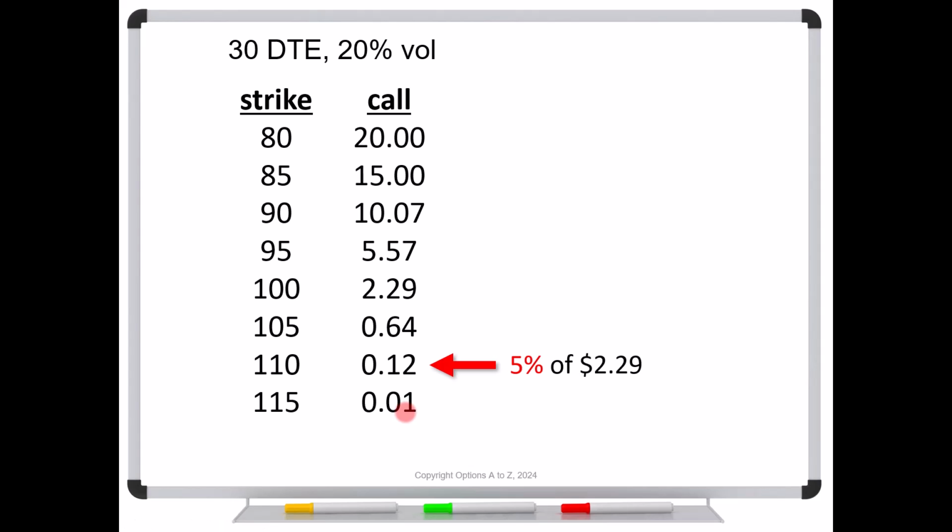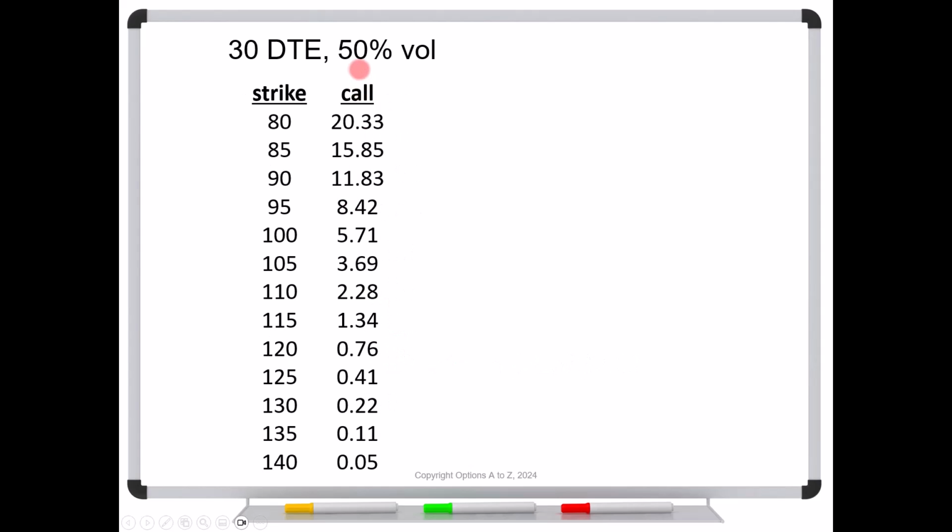Now, as the volatility increases, these spreads can get wider. So let's do the same idea here at 50% volatility, 0% interest rates, 30 days to expiration. So let's say that you wanted to buy the 100 call for 571. Would it make sense to sell off the 105 for 369? Sure. That's 65% of 571. So that would certainly make sense. Now, it might turn out to be a bad idea still to have sold off the tail, but at least you have something to show for it. You got a greatly reduced cost of this $100 call just in case it went against you.